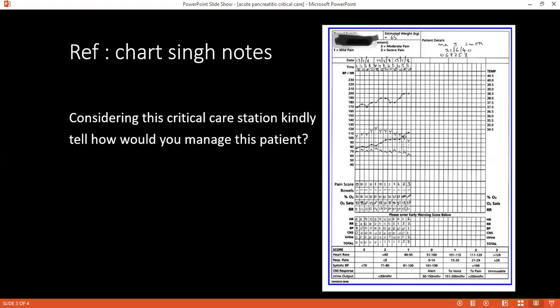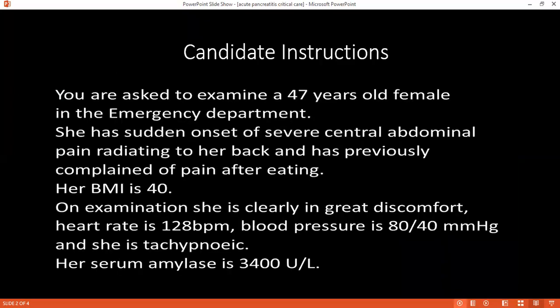What are the other differential diagnoses that you'll consider? Yes, ma'am. As there is no previous history, but I will take the history whether the patient has any severe attack previously or not. If there is a previous history, then it may be acute relapsing pancreatitis, and it may be acute cholangitis, acute cholecystitis, perforated viscus maybe.